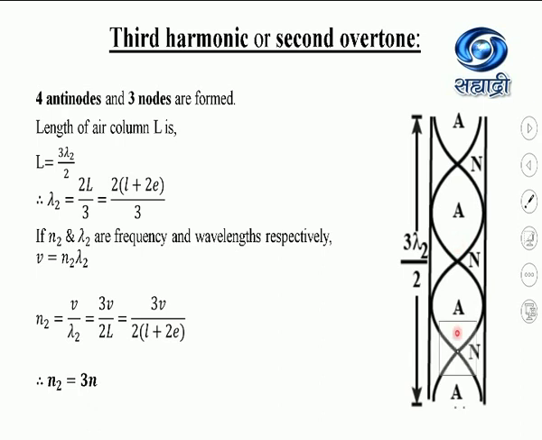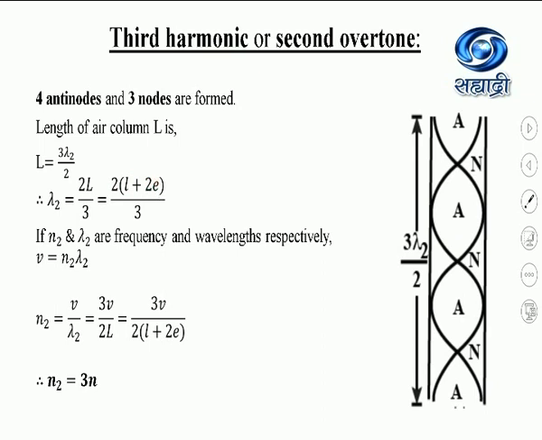From this to this point, again it is lambda 2 upon 2, and from this to this point, it is lambda 2 upon 4. So the total length of the wave, we can write it as 3 lambda 2 upon 2. So now the velocity equation in this mode is given by V equal to N2 lambda 2. N2 is the frequency in this mode of vibration. So N2 is equal to V upon lambda 2. This is equal to 3V upon 2L, because lambda 2 we have substituted, which we got in the earlier equation,